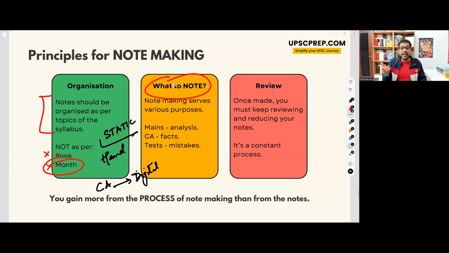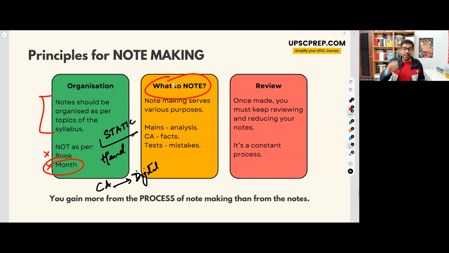Current affairs, on the other hand, will be very factual notes. Current affairs में ऐसा कोई major analysis नहीं है. If there is a new missile test that is done by India, it is a fact. There's nothing analytical over there. I will just note down that, Agni 5 test fired XYZ, Agni 5 ka 4-5 points, I will write down.